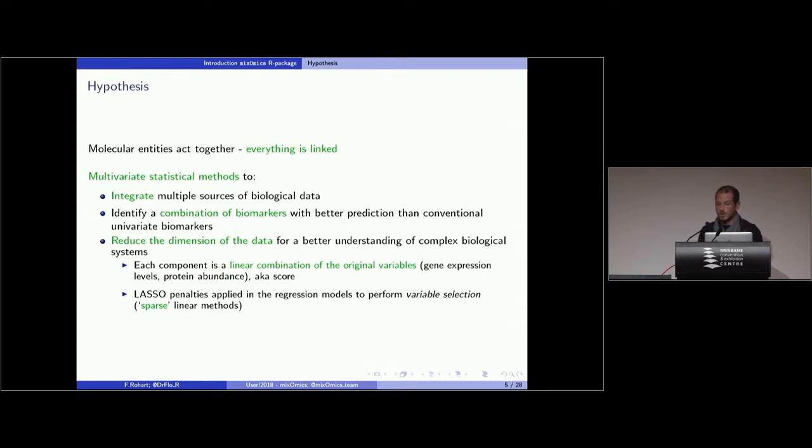When you have, I don't know, 450,000 variables, you cannot plot them. So you need an approach like PCA to reduce the dimension of your data so you can actually plot your results. We do that by linear combination and also by introducing sparsity in our method, sparsity like lasso, so L1 type penalties.